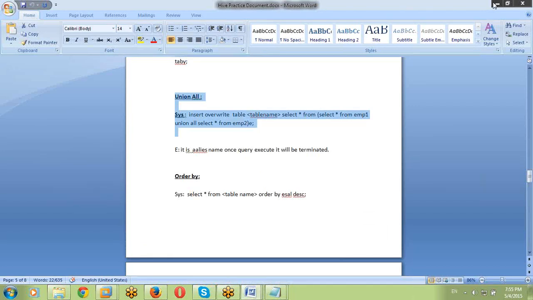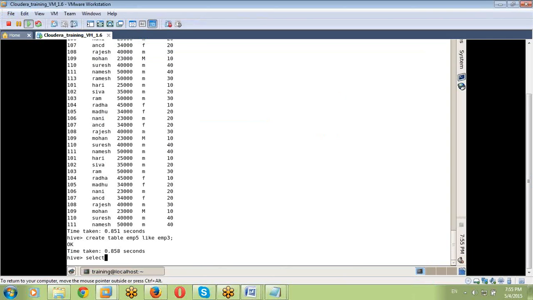So: insert overwrite table, table name EMP5, then select star from EMP3 union all select star from EMP4. This is the syntax.